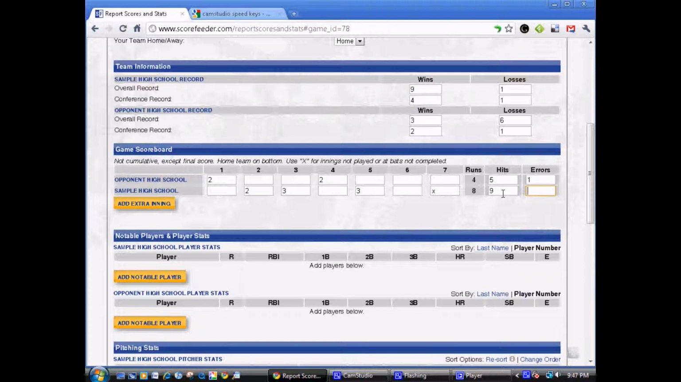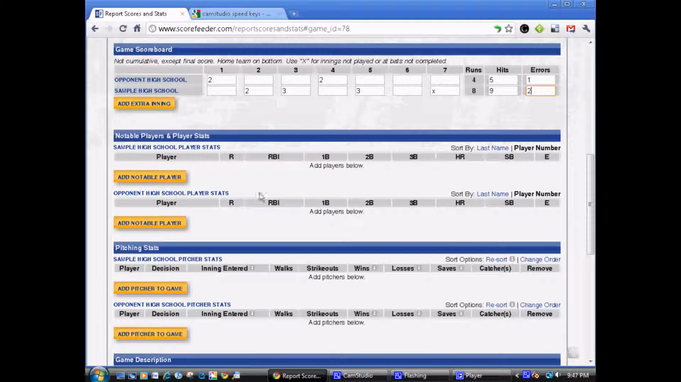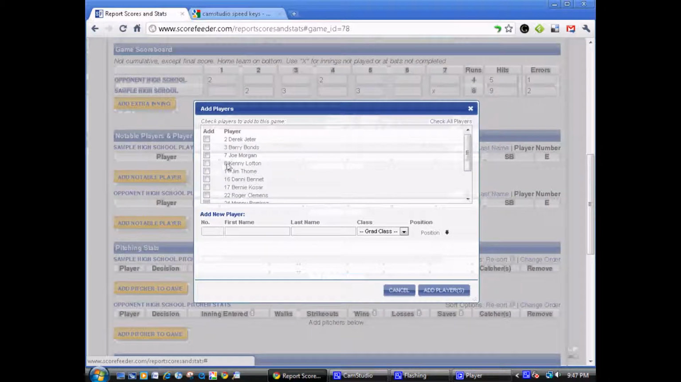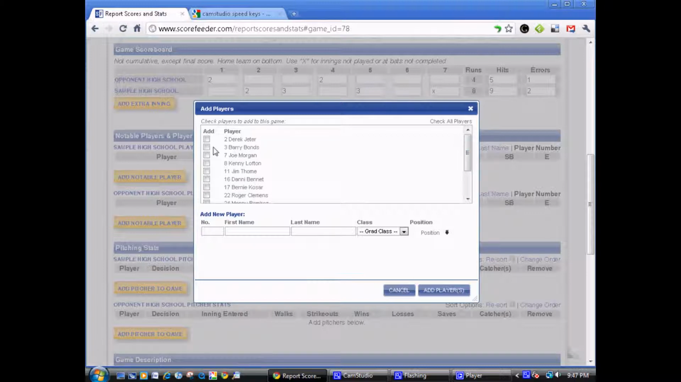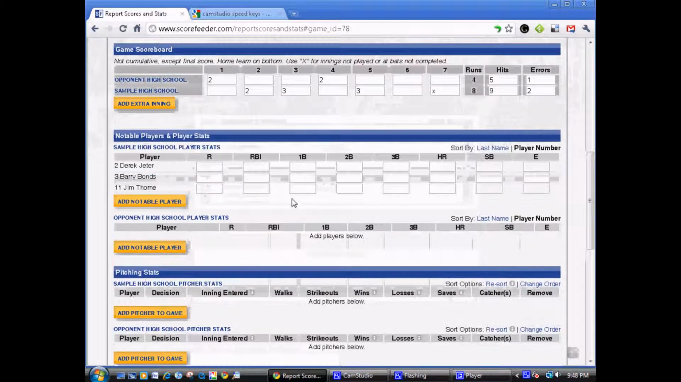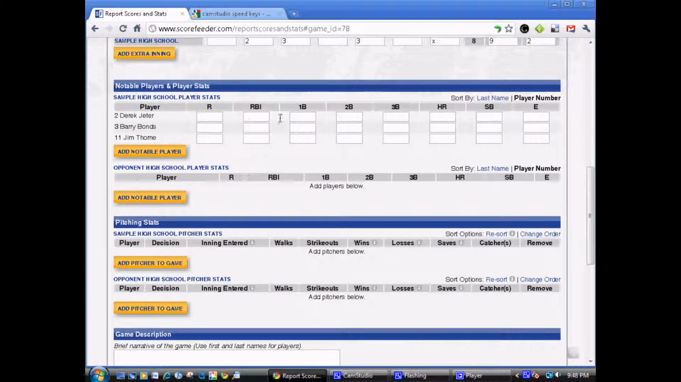They had 2 errors. In baseball, high school baseball, we add notable players instead of submitting the entire roster. So we are selecting 3 players to comment on: Derek Jeter, Barry Bonds, and Jim Thome. And we add those players and they populate the notable players section. Derek Jeter had 2 triples and 2 runs. Barry Bonds had 2 homers and 3 RBIs, and Jim Thome had a homer